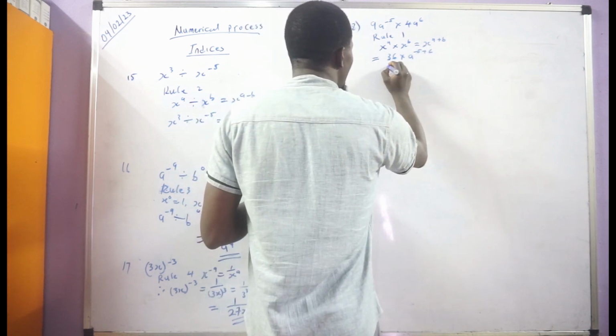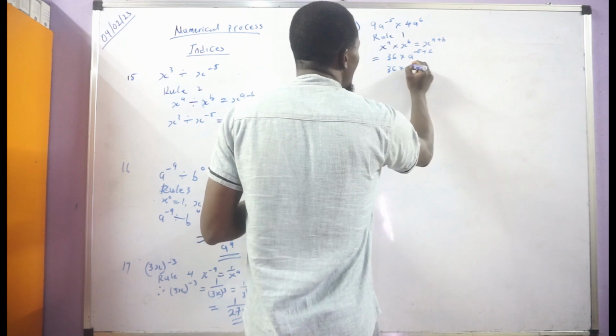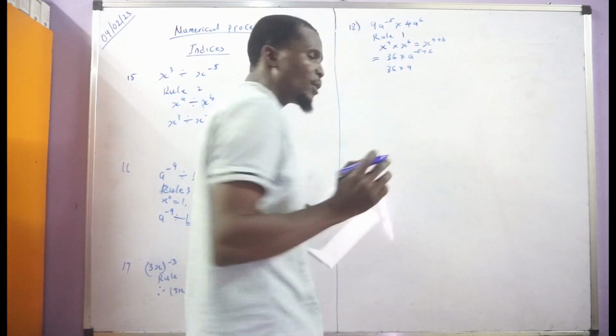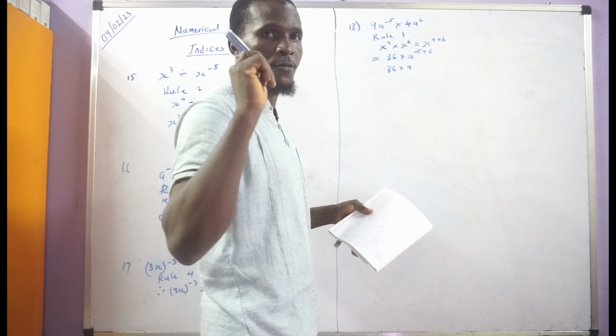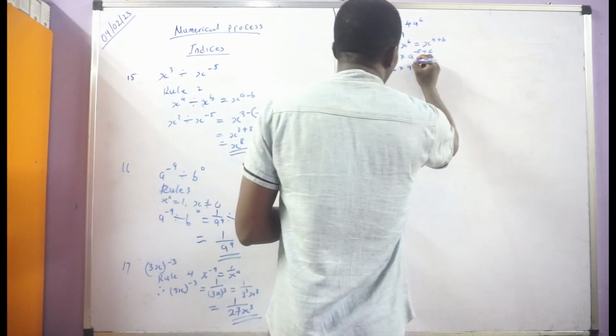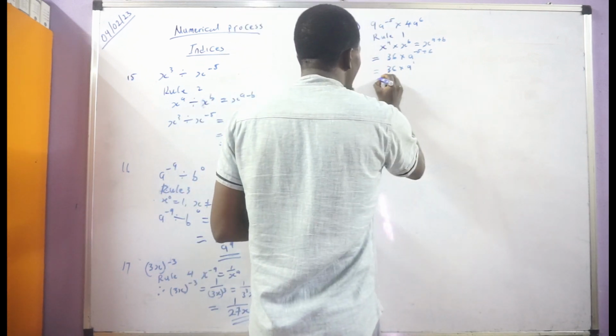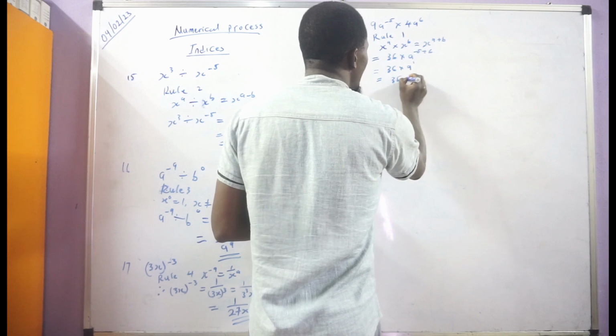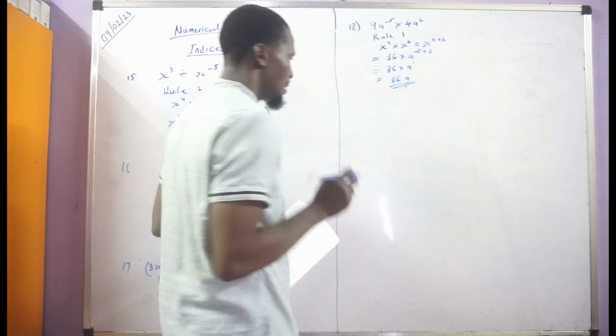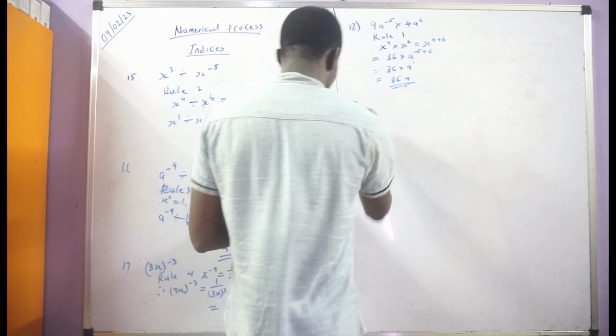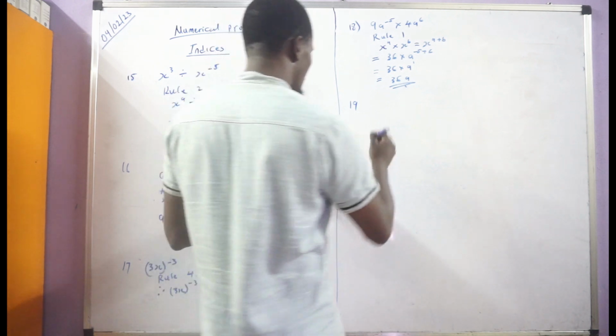So you have 36 times a, minus 5 plus 6 will give us 1. So raised to power 1. Our final answer is 36a. So that's 18. Let's go to 19. 19 is